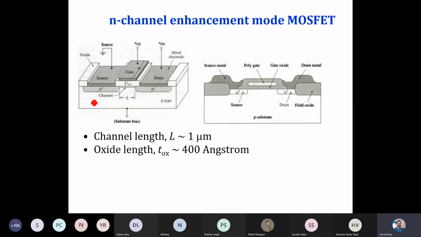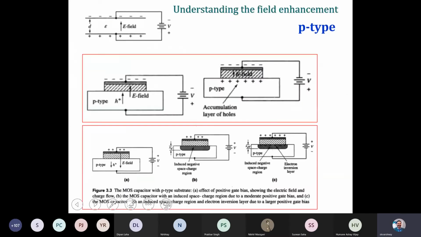So basically this is a four terminal device, but eventually we generally do not count the fourth. Though it's taken care of, we sometimes call it a three terminal device. So one terminal is here, another terminal is this one, another terminal is here. We'll come to the nomenclature very soon. The MOSFET is something like this, and the dimension of this device is now possible to go to the nanometer.